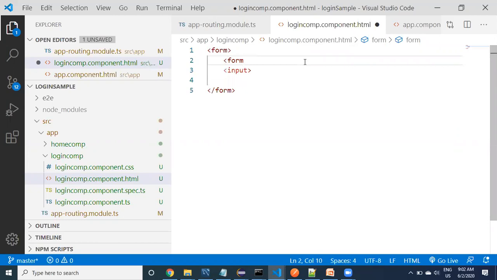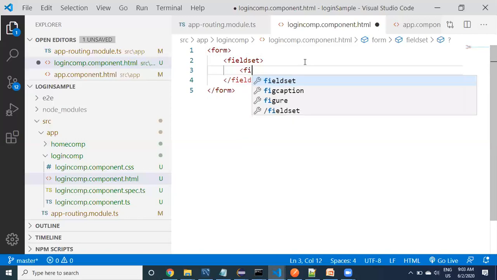Fieldset, coming to the fieldset, name, username.